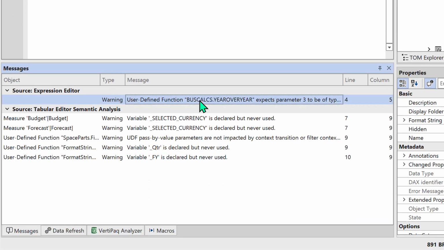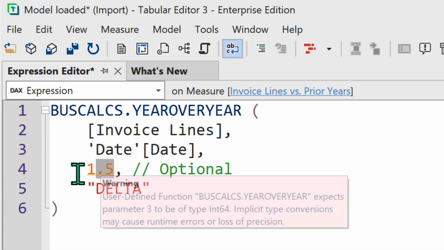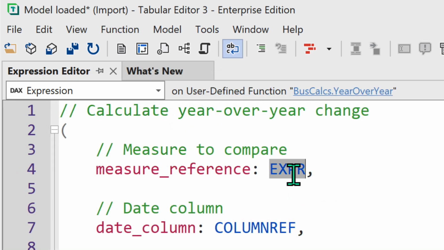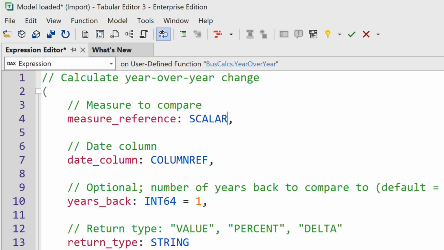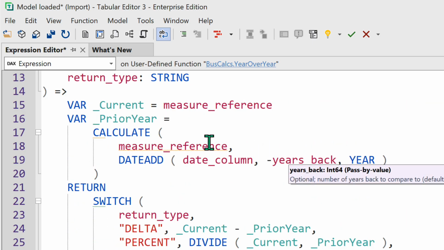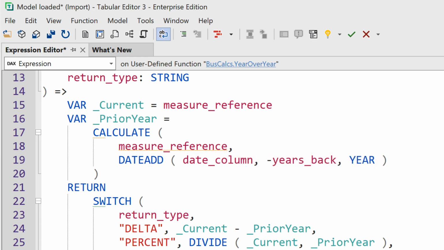If we were to use a decimal, we would get a warning because Tabular Editor warns us when we're using the incorrect type. Implicit type conversions can cause problems, and Tabular Editor gives you this kind of heads up. This is similar to when you are using a measure reference and you instead have it as a scalar, which